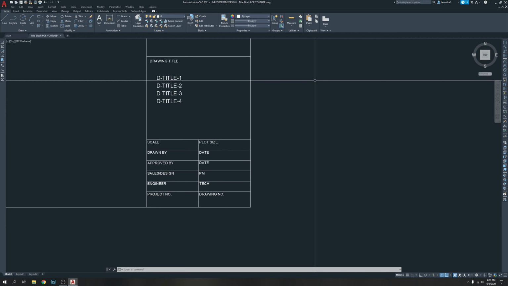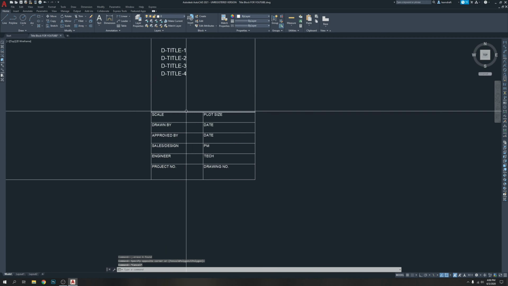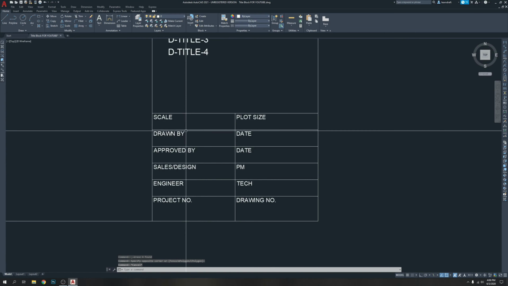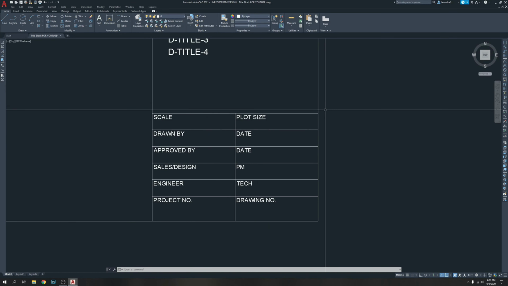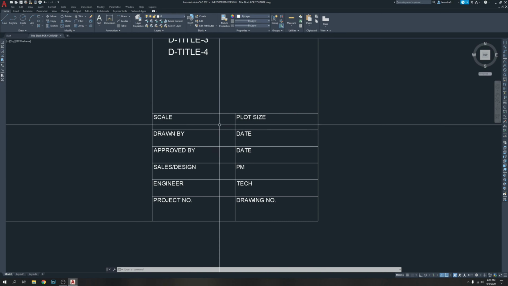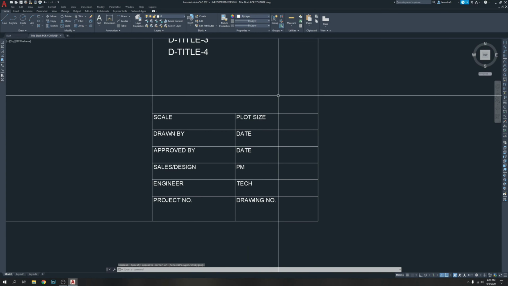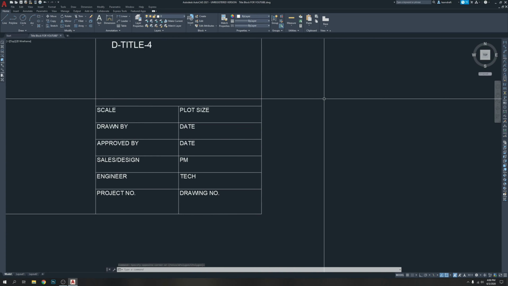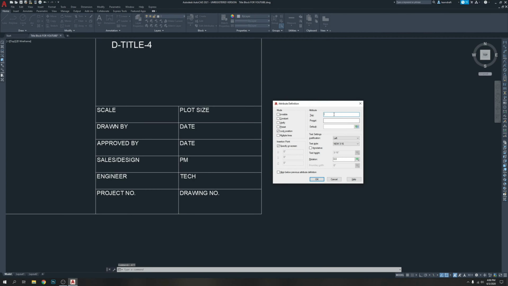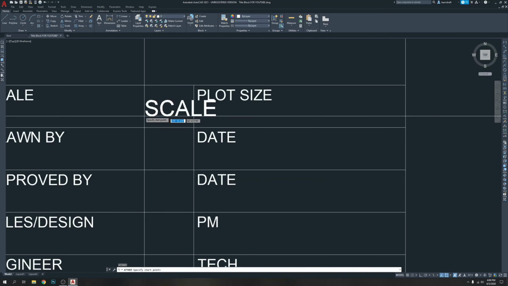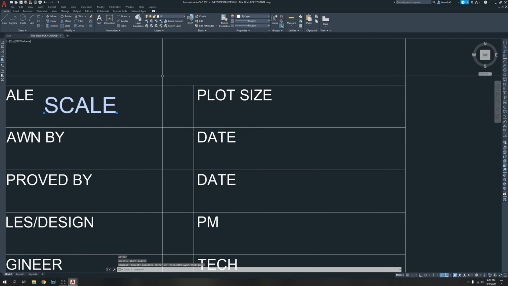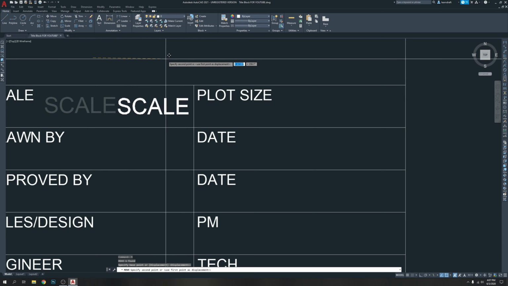This is good. Now we're going to place this information. This information is going to be right justified, so it's going to be helpful, and it's going to stay here on the right side. It's one more click extra, but we can handle it. Let's command ATT, enter. So scale, SCALE, and here is the left, create, select right and click OK and bring it here, make it on the center as much as you can,